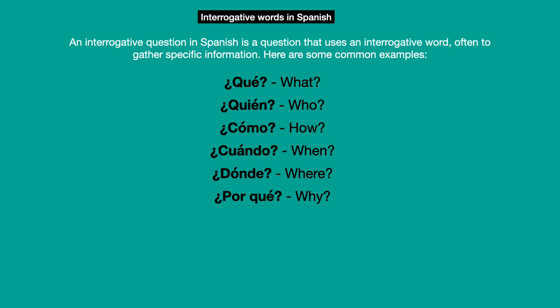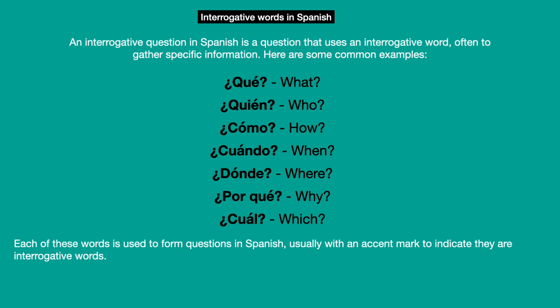Later we are going to take a quick look at por qué, which is why as a question, and then we have cuál, which is which. In Spanish, like in English, you can say which one, to specify a specific one. In reality it will be cuál, and each of these words is used